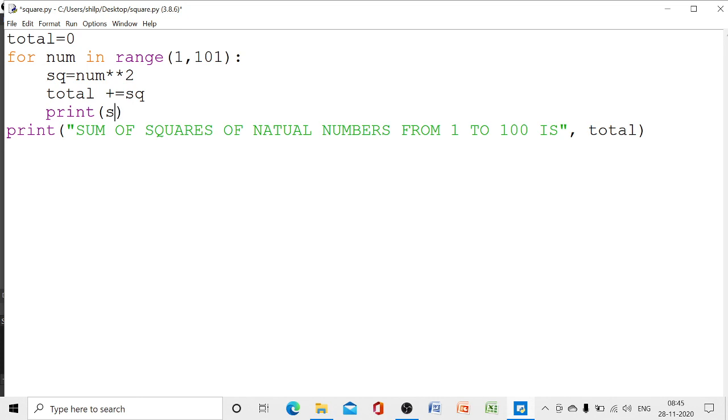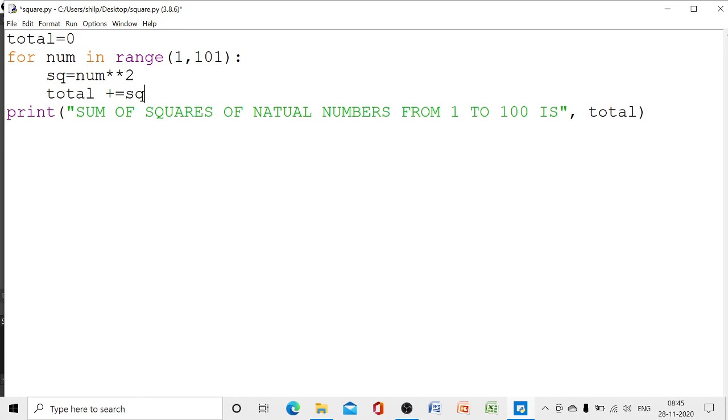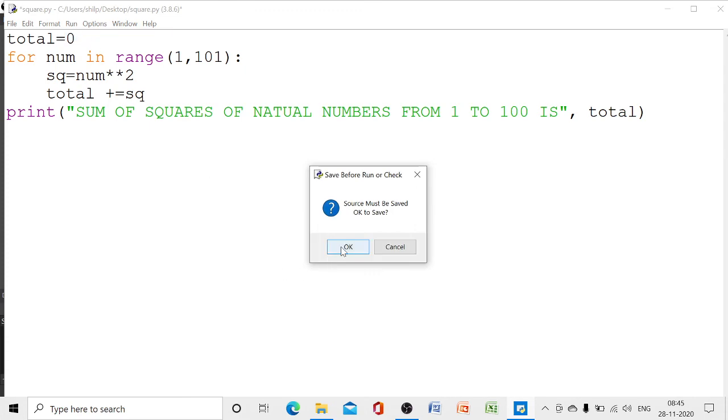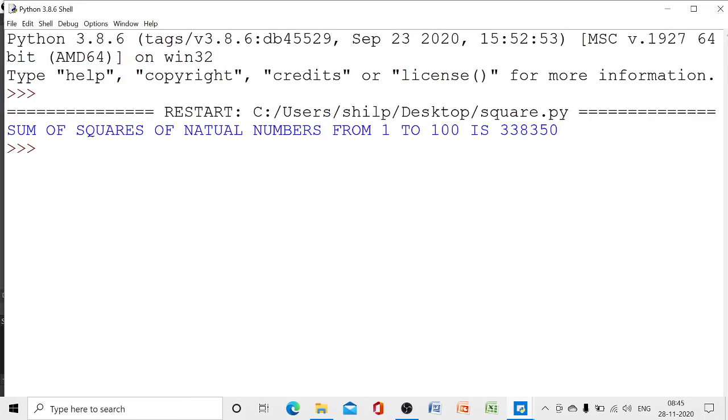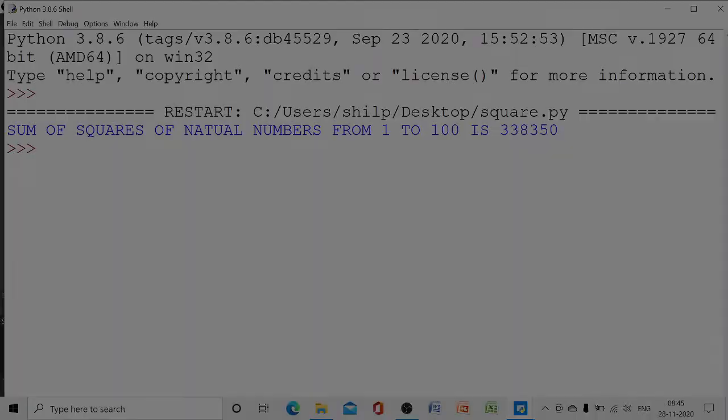So we are not providing these steps. Our question in the practical section is to find the sum of squares of natural numbers from 1 to 100. So let us do it once again. This is the actual one that we need. The sum of squares of natural numbers from 1 to 100 is 338350. Clear?